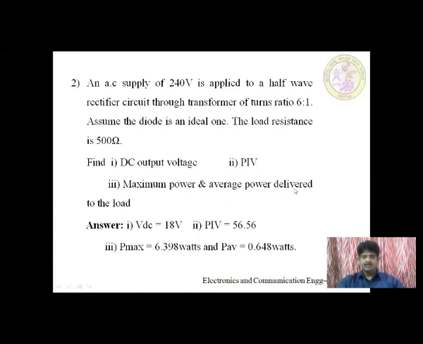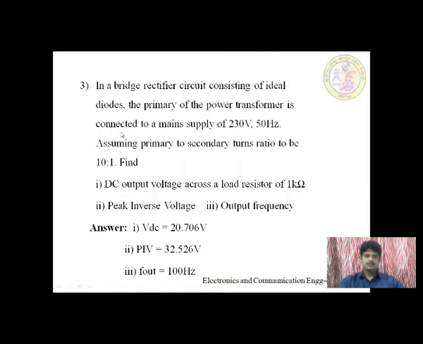To calculate the average power delivered, we use once again the same equation, V square by R, but in this case you have to use the VDC as the voltage, because it is the average, not the maximum. Maximum is here, so there you use the VM voltage, and here the VDC voltage. The equation remains the same, V square by R. If you calculate, you will get the power. So try to solve this. It is very easy to solve, and just cross check with the answers provided here. Okay, fine. Next, moving to the next question.